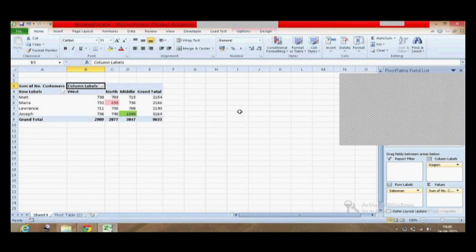Okay. Alright, so let me first finish this. I have one more question, I will answer it. You are asking if filter is possible in the table itself, then why do we need a slicer? See, I can give one for row label and one for column, and then I can add multiple sub row labels. But then it makes my data very messy sometimes. Some people feel that I should just have a row and a column. I don't want a subcategory, but I still want the filtering to happen based on some other column. So how can you achieve that? For that, slicer is very, very useful. Does that answer your question?